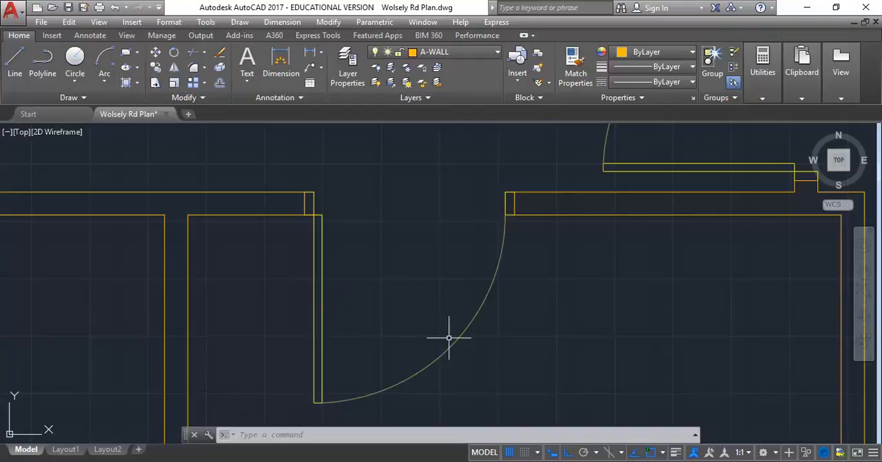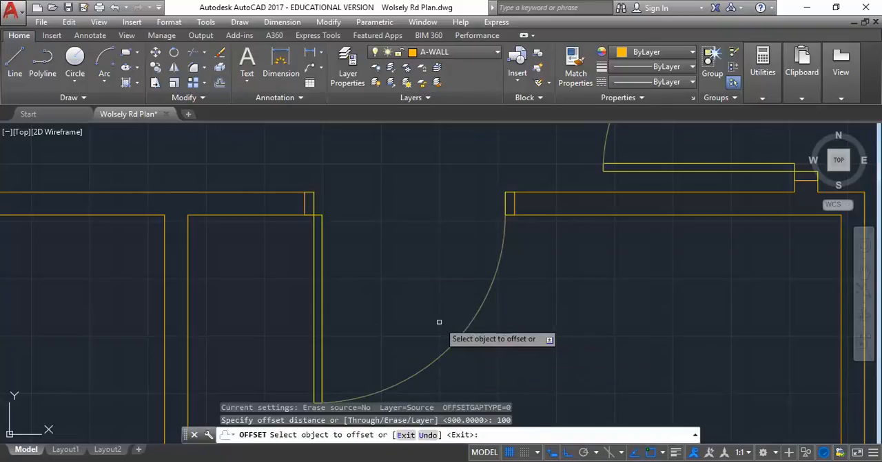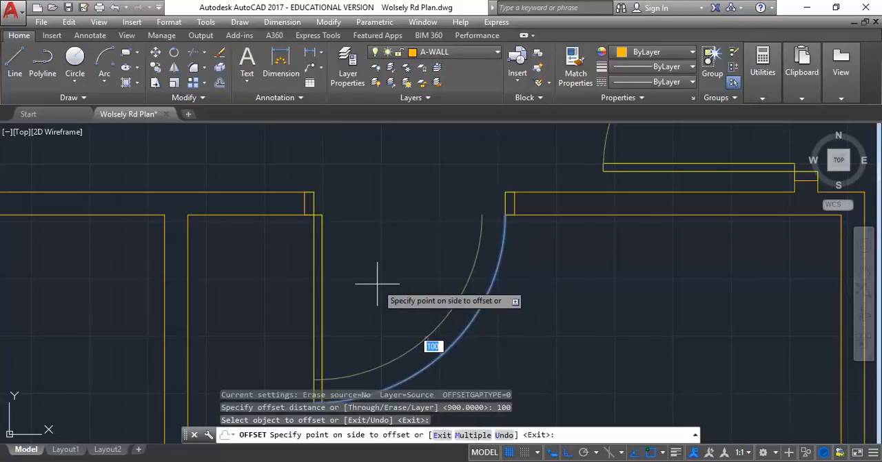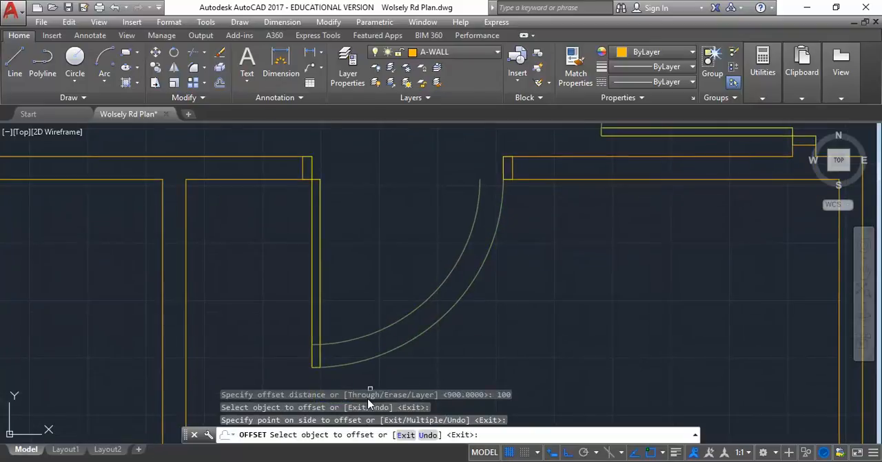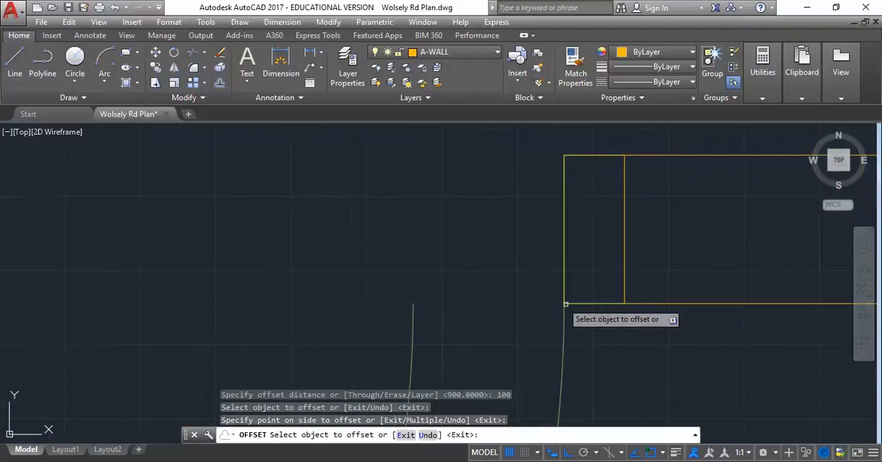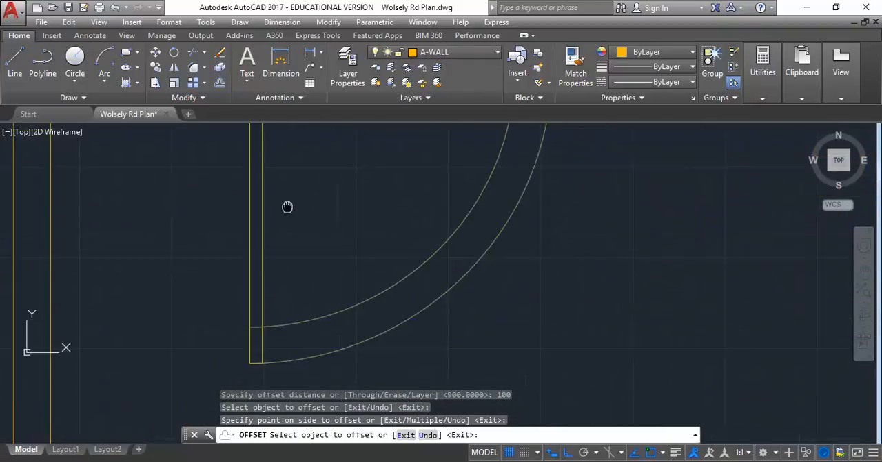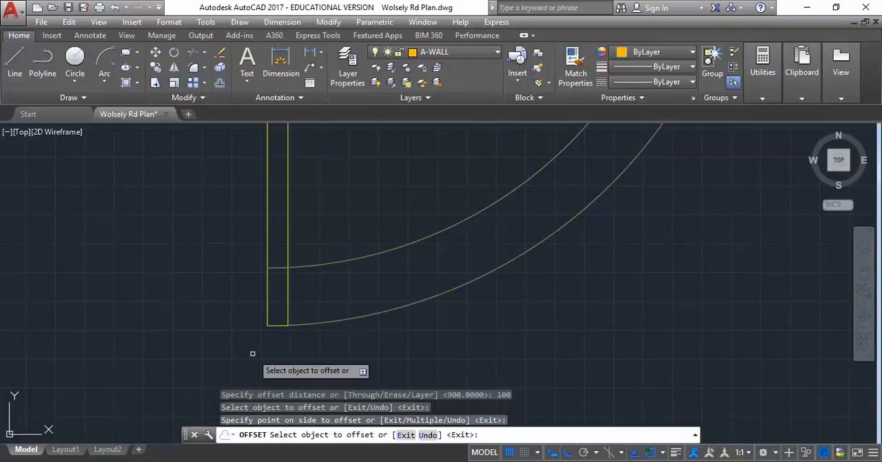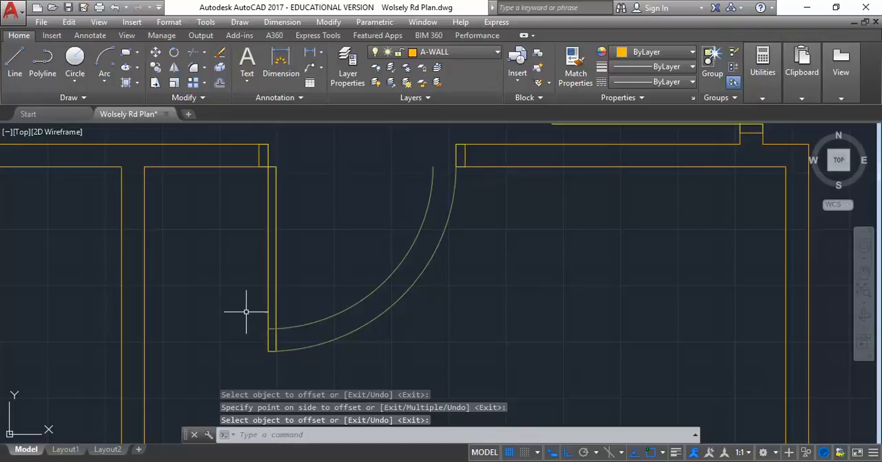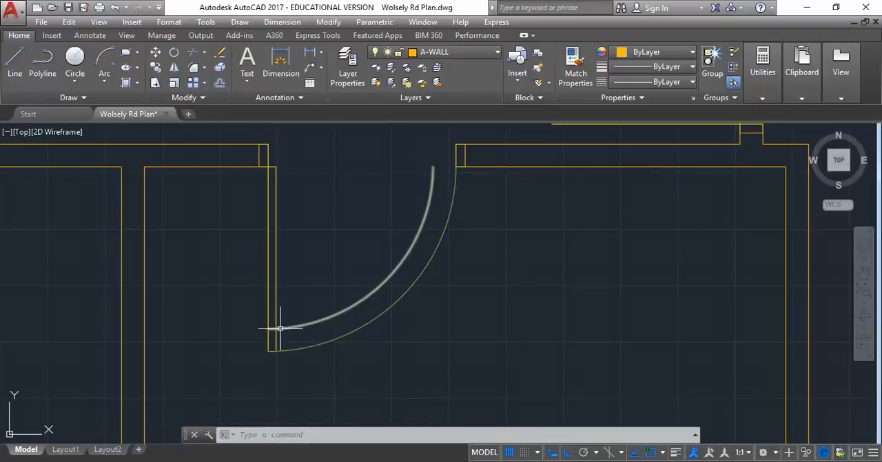So I'll show a couple of quick ways of making this smaller. Going to offset 100 mil. Going to select my arc and then click inside. Right, so notice how it's come across 100 mil here and 100 mil here. So that's the great thing about arcs. They're symmetrical and concentric, in other words, they're parallel curves. So I'm going to delete the bigger arc,